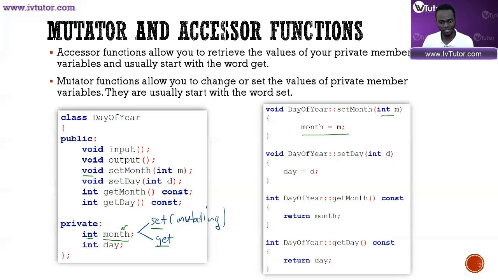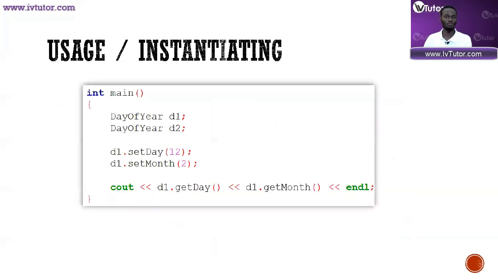The other special type of functions also in a class that you should be aware of is the constructor, okay? When you define a class, right, and we have implemented a class, the third stage is going to be using your class, which means you can now make variables of type day of year, like in this case. So right now, we can make variables of type day of year, and this works exactly the same way you've done with other types of variables, like integers. When you go int x, int is a class, day of year is a class. You make a variable of type int called x, you make a variable of type day of year called d1,